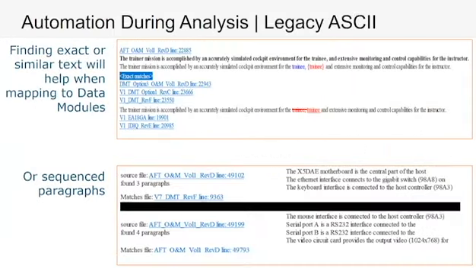Next, I want to talk about automation during the analysis phase. What we are doing when analyzing the legacy data is running a program that collects all the paragraphs in the legacy data and looks for any duplication and close matches. The result is a report that can help you with finding typos, normalizing your data, and give clues as to where data modules and maybe applicability can be used.